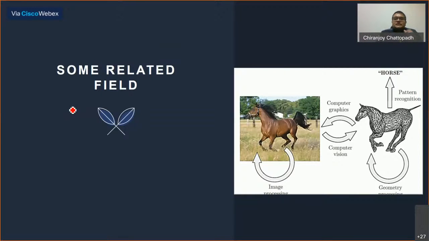Here, given an image containing a horse, a computer vision task, and I'm emphasizing this term, a computer vision task, because this is not the only task that computer vision does. Computer vision does a lot of other things also. In this particular example, one such task is to extract the prominent object present in the scene and give it a representation in terms of triangles,